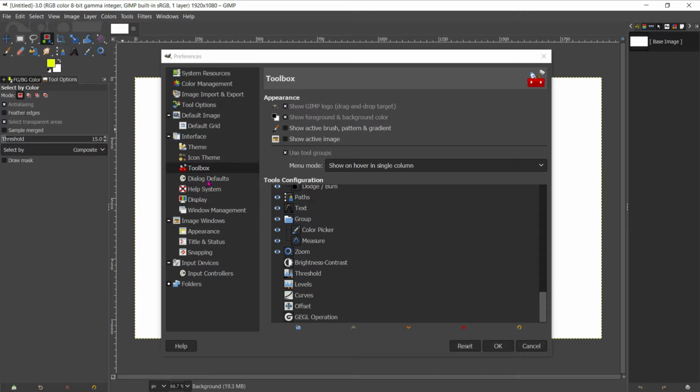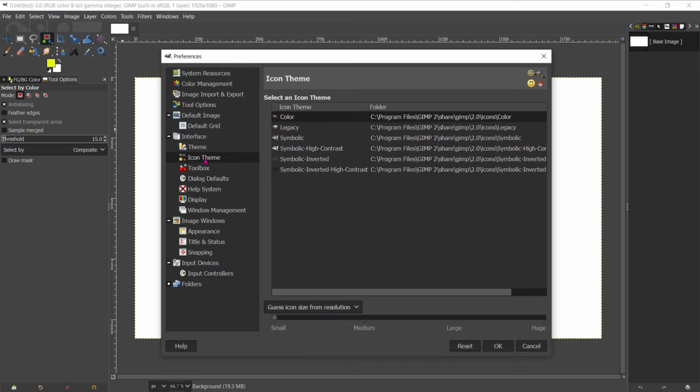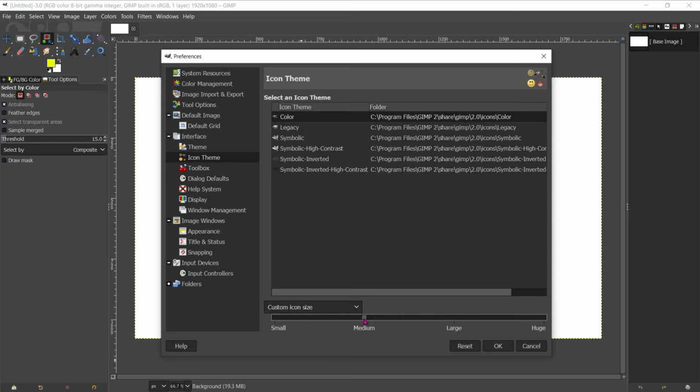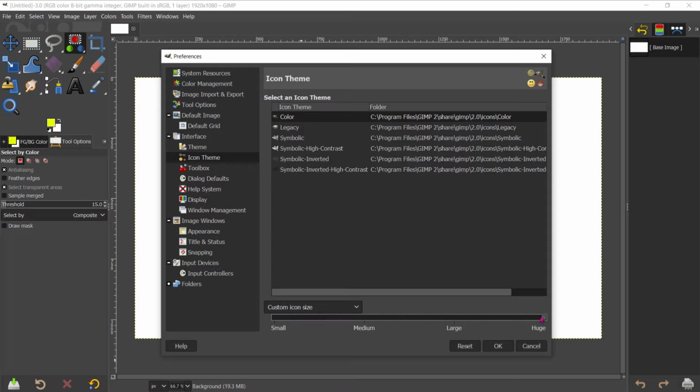And then one more thing here, icon theme. Here we have small icons you can see. Icon size from the resolution, or we can select use icon size from the theme or customize the icon size. You can see the small one, medium one, large one, and very large one.